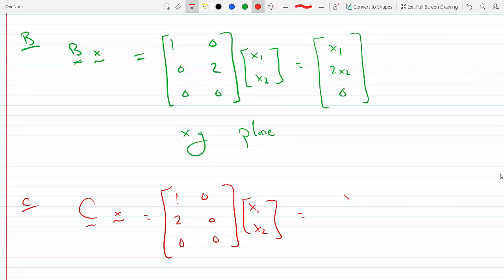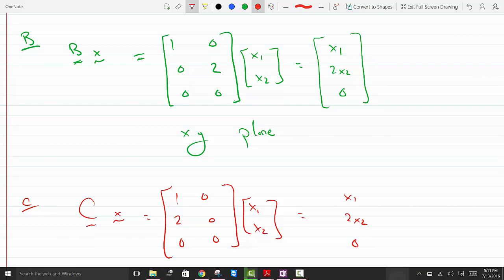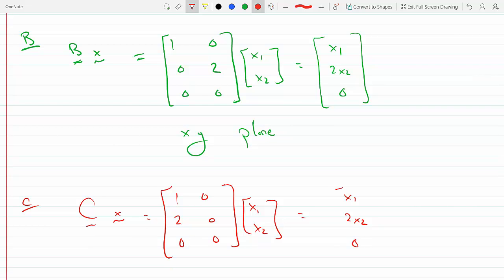So we get x1, 2x2. The third row is 0, so we get 0 here. Okay, so this is given by x1, 2x2 and 0, which by the way is the same answer we got for the first one,